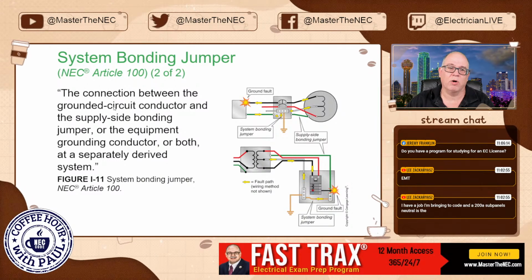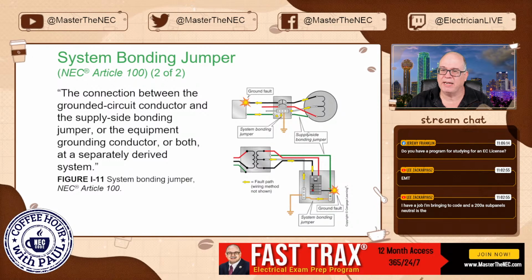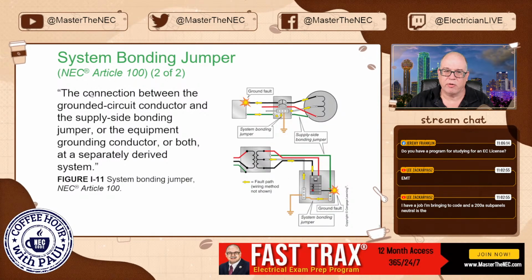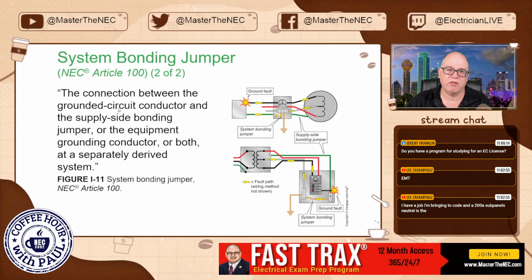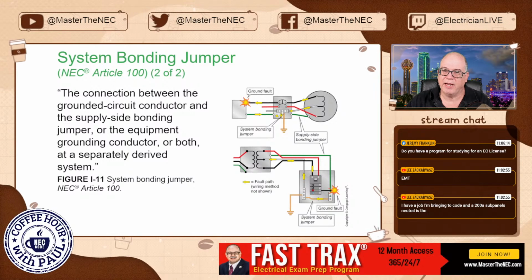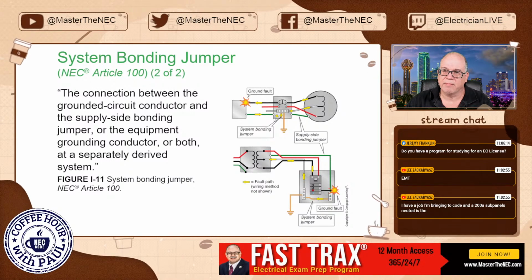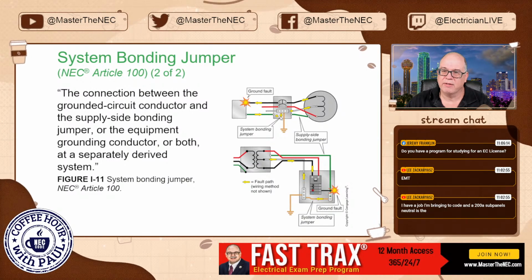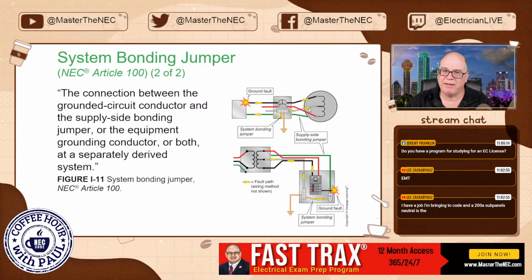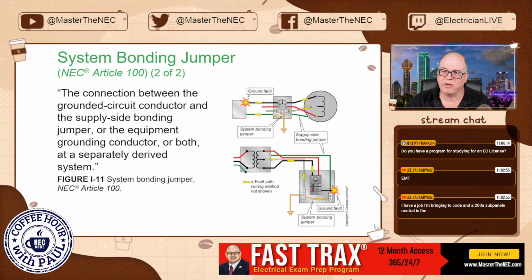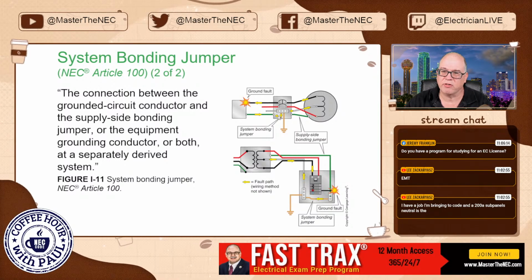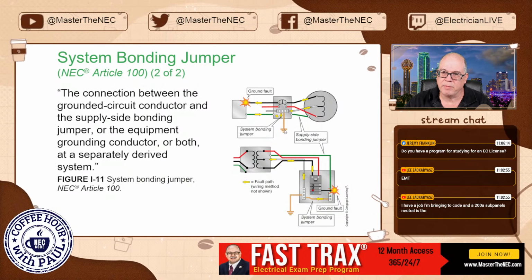So here we're looking at this one. So here, right here, let's look at it. So let's look at the transformer first. So it's the connection between the grounded circuit conductor. So right here, see that's the grounded conductor. And it comes down here and the connection right here. So this tells me that this right here is a separately derived system, okay, because it has a system bonding jumper in it for this generator. This is the disconnect at the generator. So here it is, boom, there you go.